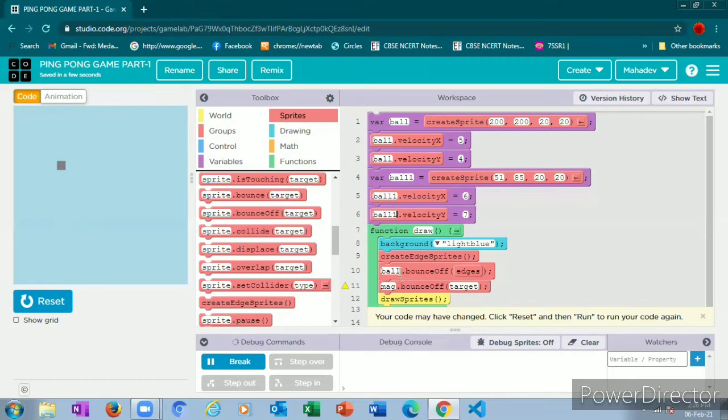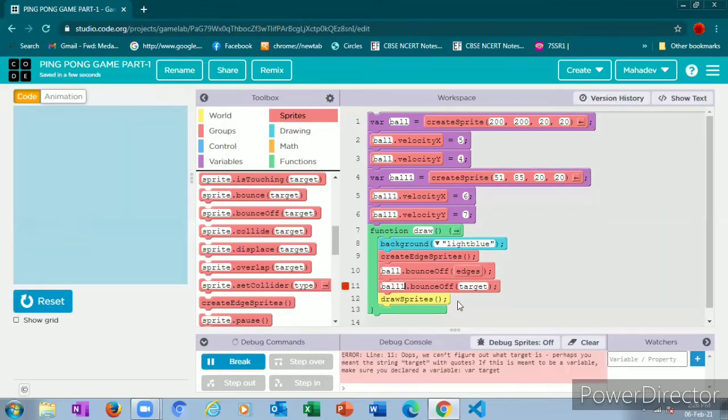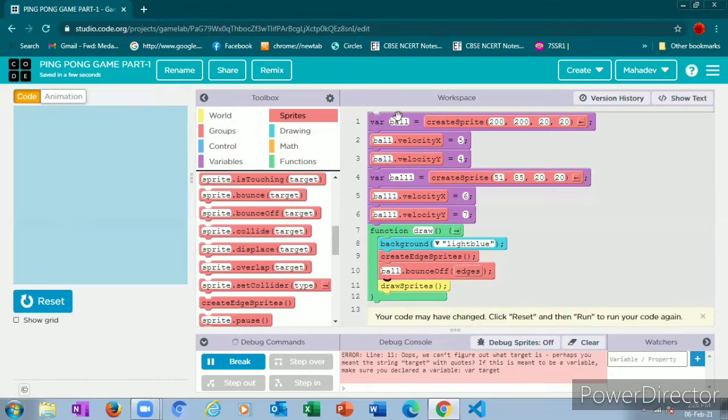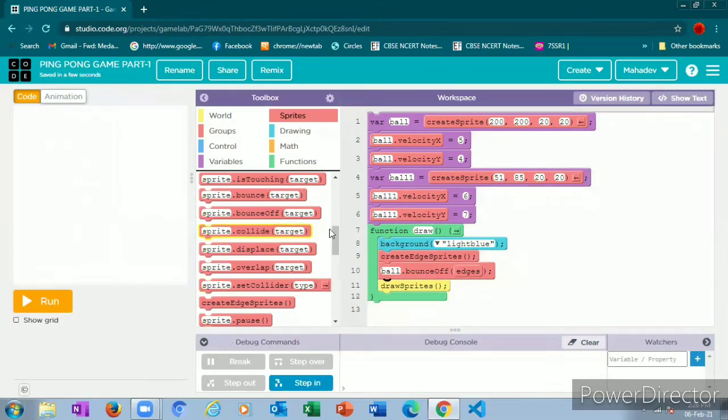You must not place the same name which you took in the first variable in the second variable. You must rename it to something else. Now we want to bounce off ball one also to the edges.